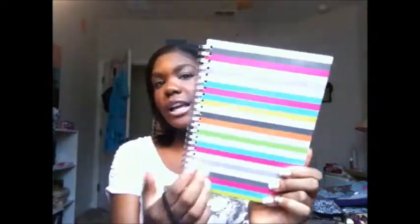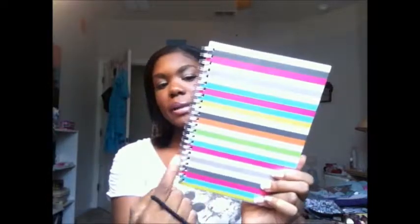And the next thing in here is my planner. And it's just a basic planner. I mean, it has little stripes on it. It's cute. And inside it has my, I don't know if you guys can see, my name, my email, and my phone. And then in the planner, it gives you the full years for 2012 and 2013. And then it gives you the separate month. And then for the days, you get